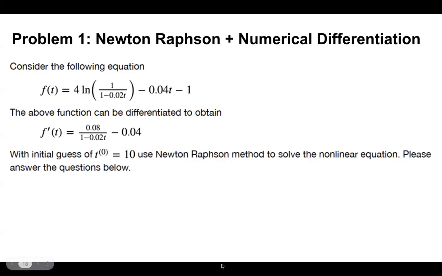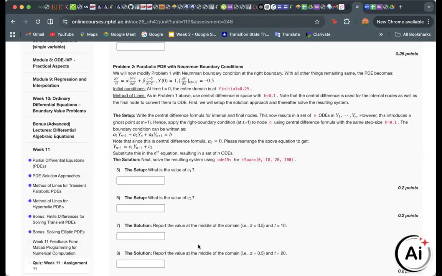I don't know how to share. Can you see? Yes, ma'am. So they are telling, I think the numbering they meant is from y0 to yn. yn is the last node. We should usually number from 1 to n plus 1. So from my understanding, yn is the last node. If you're applying the central difference formula, you will require yn plus 1. That is like a ghost node because we don't have that node in our setup. So if you're writing the equation for the last node like this,